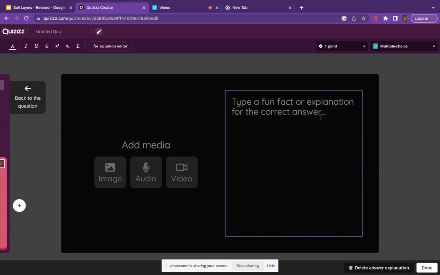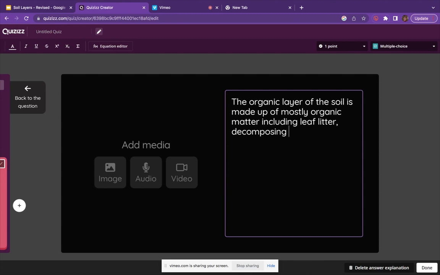So if we just pop over here, we can type in the organic layer of the soil is made up of mostly organic matter, including leaf litter, decomposing matter,